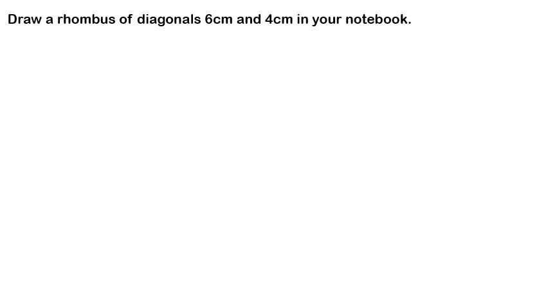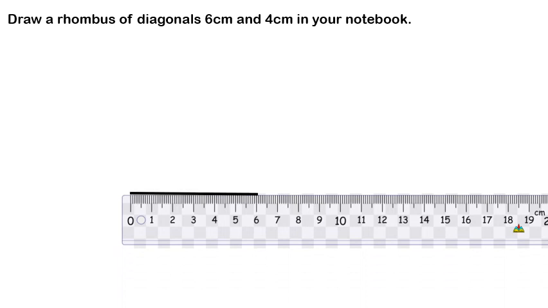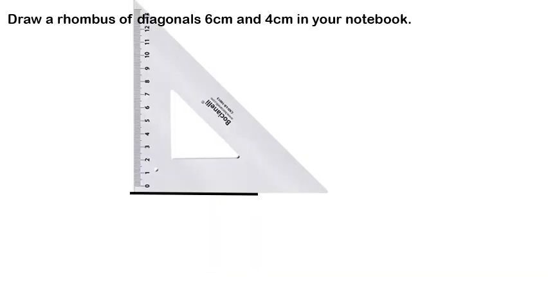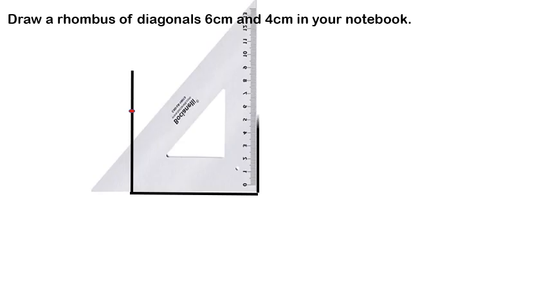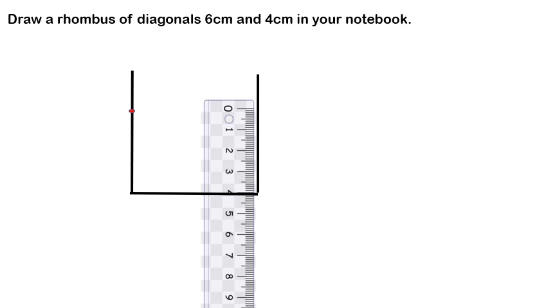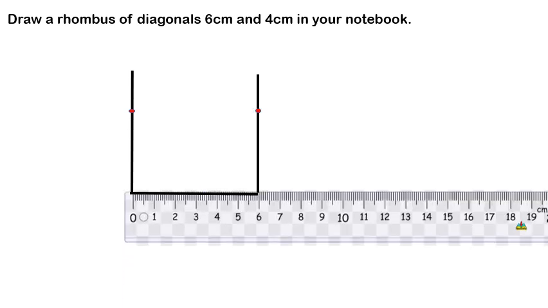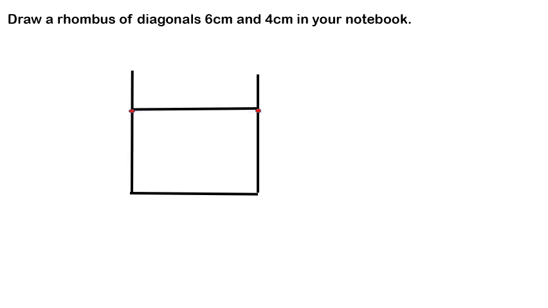Okay children? Then take your ruler and draw a horizontal line of length 6 cm. Then either use a protractor or set square and draw perpendicular lines from both ends of the horizontal line and mark 4 cm breadth. Then use a ruler and join these intersecting points. Then erase the unwanted parts. We get a rectangle of length 6 cm and breadth 4 cm.